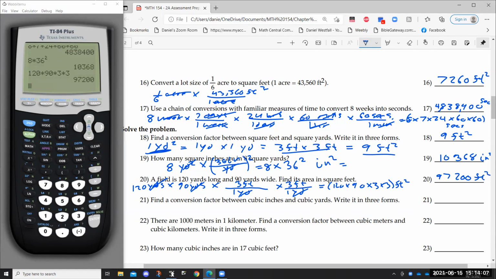Okay. Find a conversion factor between cubic inches and cubic yards. Write it in 3 forms. So, cubic inches. I'm just going to start with the bigger one. I'm going to say 1 cubic yard is going to be, now a yard is 36 inches, cubed. And so that's going to be 36 to the 3rd power is going to be